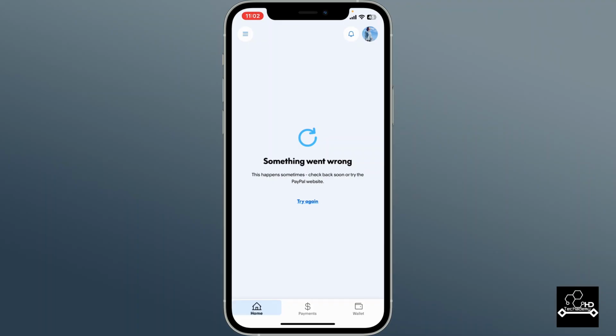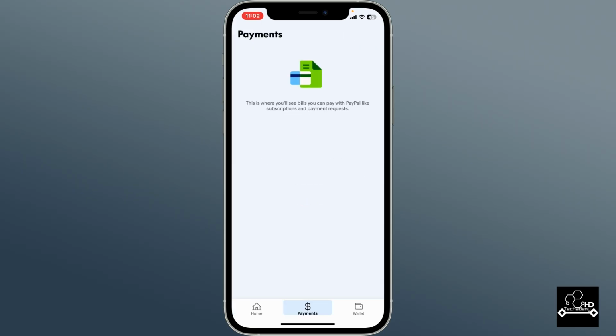After sending, you'll see a confirmation screen and receive an email receipt, and you will be able to see the completion of the transaction in your activity or history. So that is how you easily send money or make a payment to one of your friends or family on